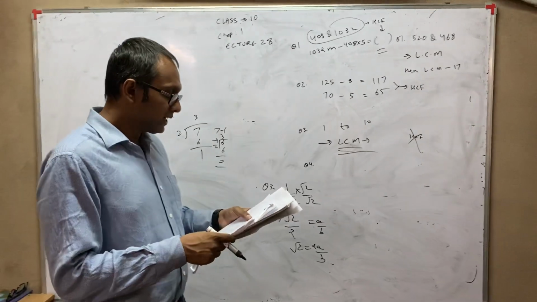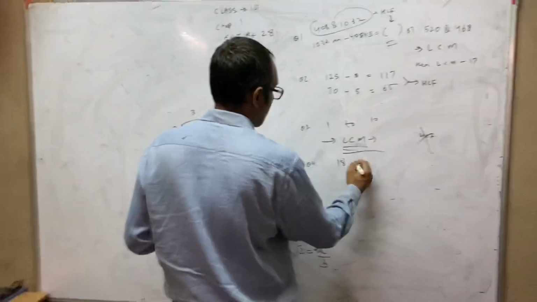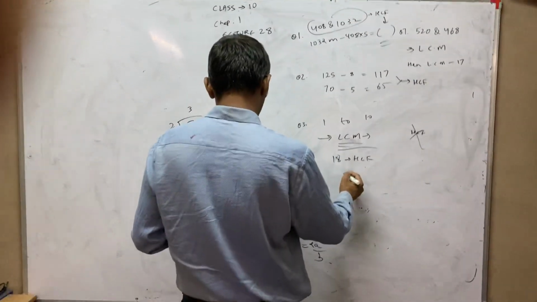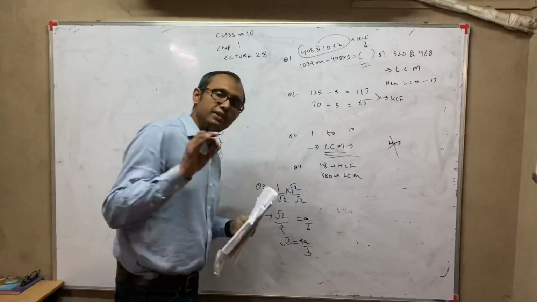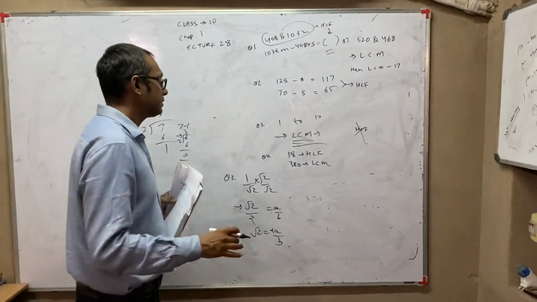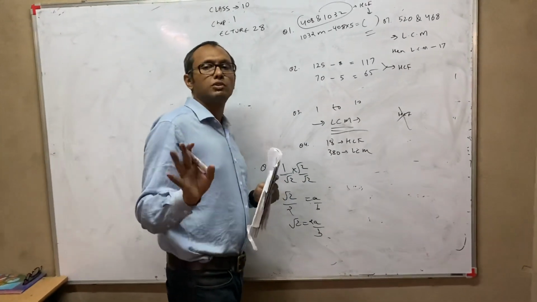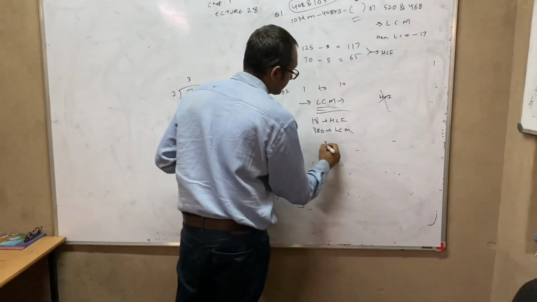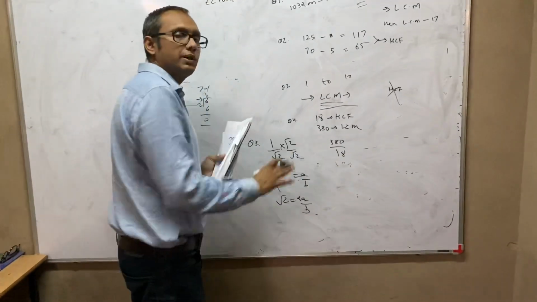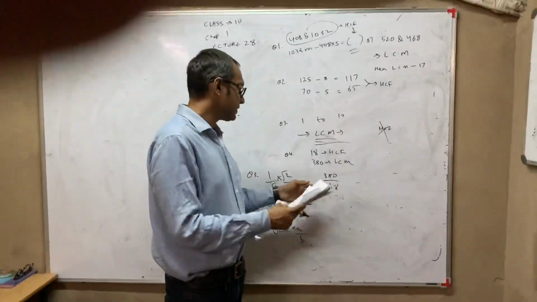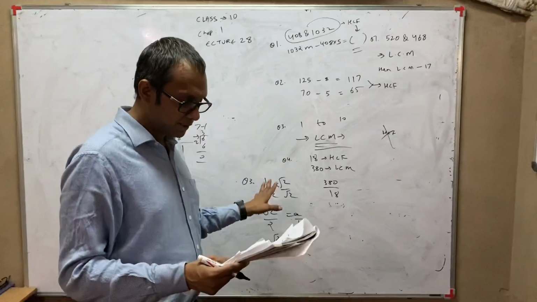Question number 4, can two numbers have 18 as their HCF and 380 as their LCM? Now whenever this type of question comes, always remember HCF will always divide the LCM totally. Totally means without decimal. So you just check this whenever this type of question comes. If you are able to divide normally, then you will say yes, it is possible. And if it does not divide, if a decimal is coming there, then you will say it is not possible.